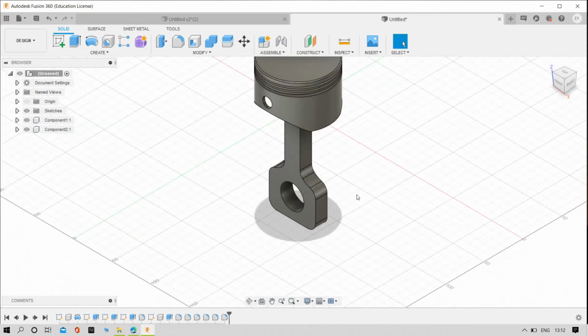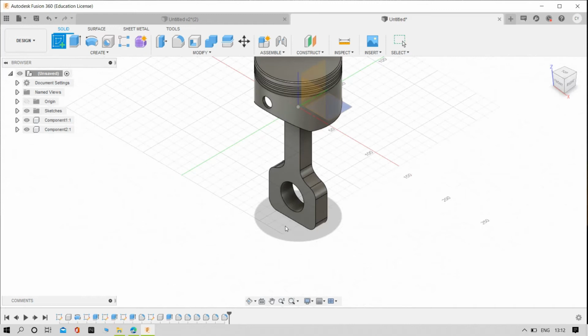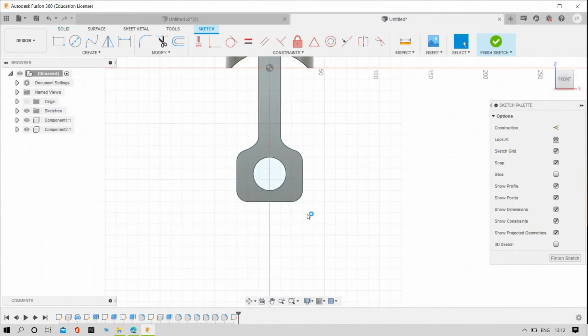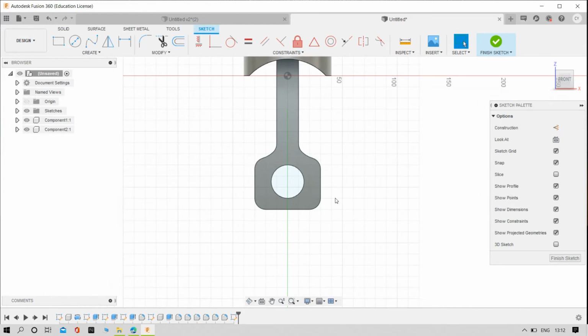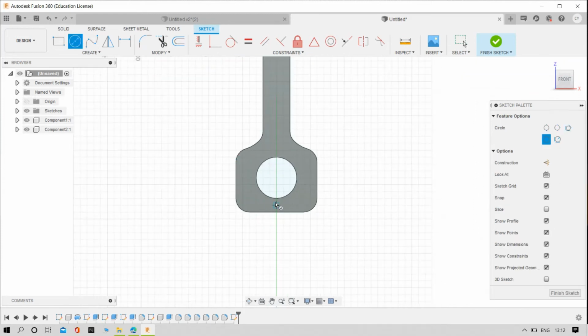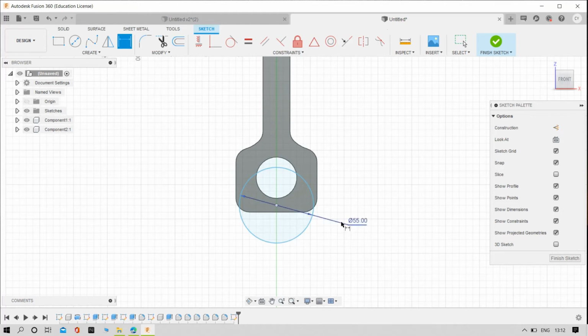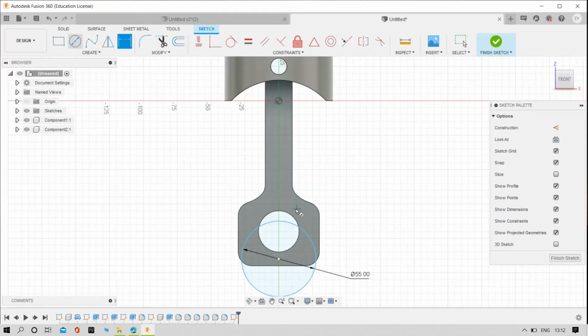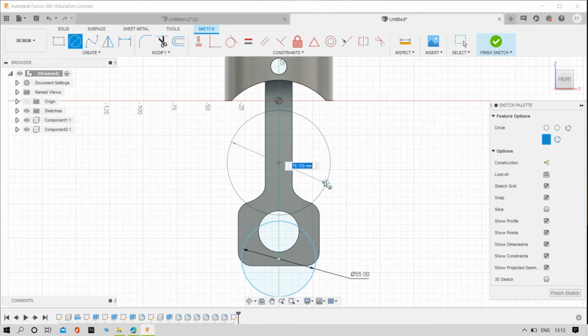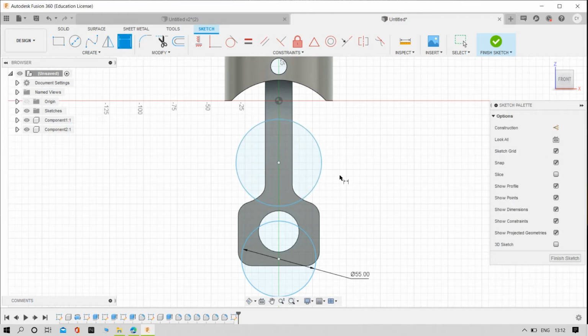Now we need to design the connecting rod also over. Now we need to design the crankshaft. For that one, again select the create a sketch, try to select the plane and then try to draw the 2 circles as I am doing now. Make it a 50 mm or 55 dia and then try to draw the another circle. This 75 and then try to draw the distance between these two.